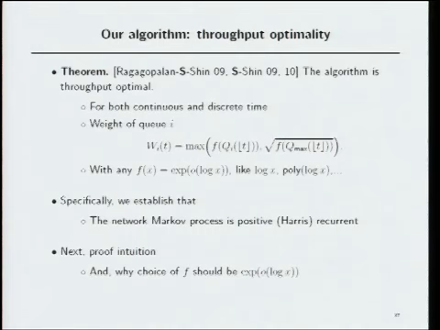Now, to establish this result, we need a modification of the weight as follows. The way I explained the algorithm, you're using f of queue size. I need a regularization, which is the maximum of the function of queue size times the square root of the max of queue size across the network. Instead of the max of queue size, you could use some reasonable estimate of it, and that would still work fine. One could design such an estimate based on a bit of information exchange. But we strongly believe that this regularization is not needed.